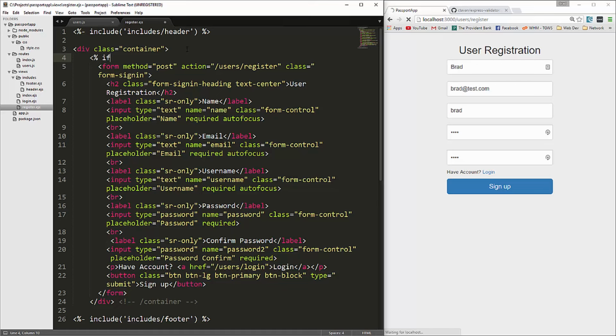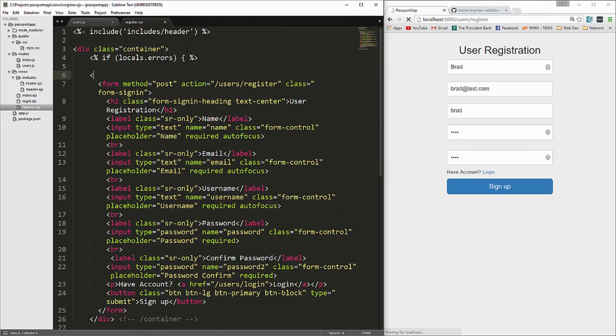So we're going to say if locals.errors, then what we want to do is loop through the errors array, because it's going to be an array. So errors dot for each,